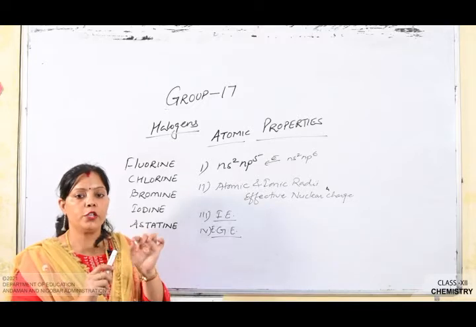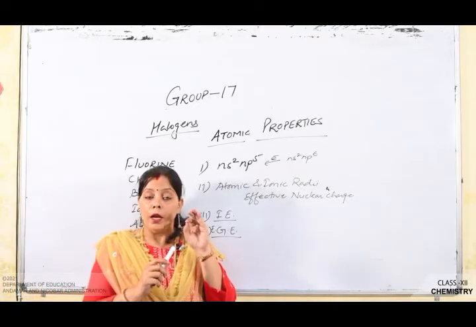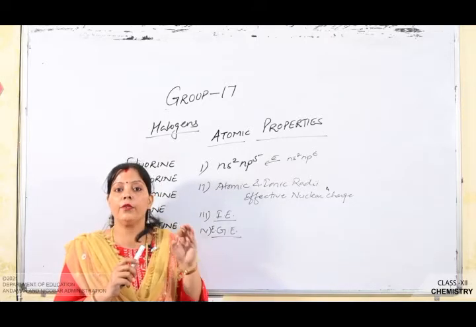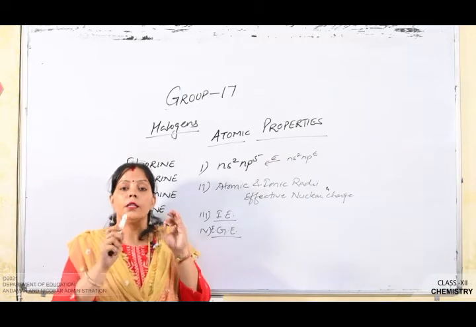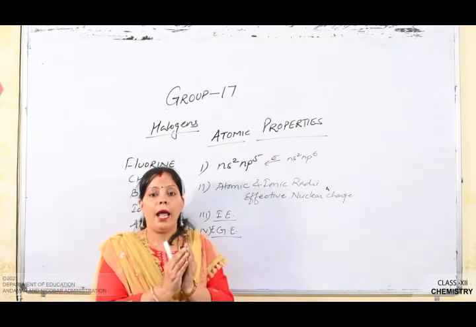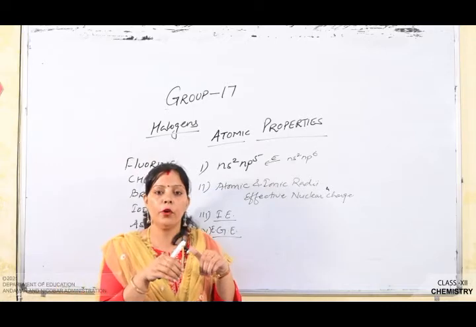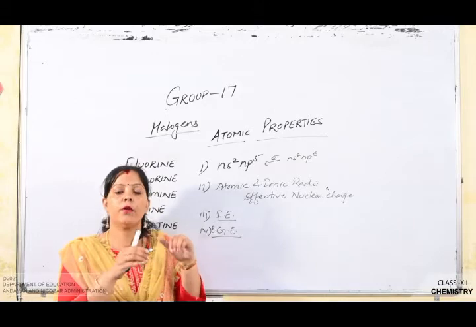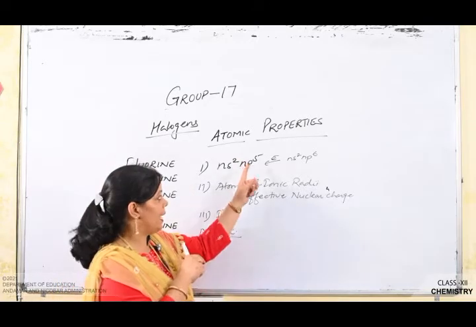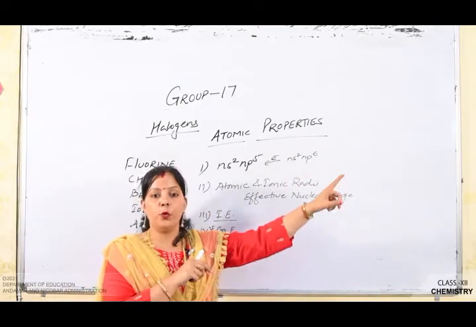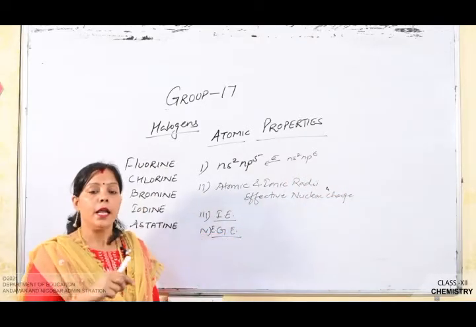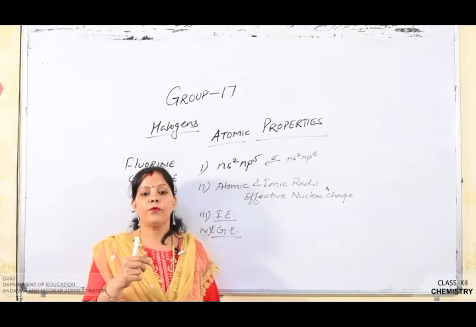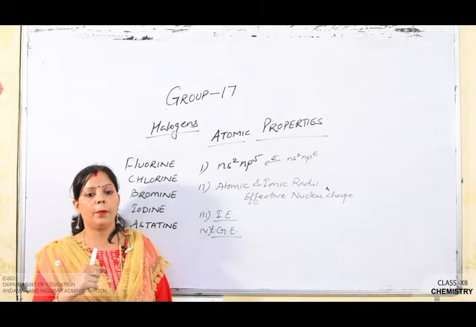It is very important, children, to note why the electron gain enthalpy value for fluorine is less negative than chlorine. The only reason is that the size of fluorine is very small, and due to that, when an electron is added in fluorine, the highest inter-electronic repulsion is found in the case of fluorine when the electron is added in the 2p subshell containing orbital. Hence, the incoming electron experiences less attraction from the nucleus, despite the lower value of its electron gain enthalpy with negative sign.